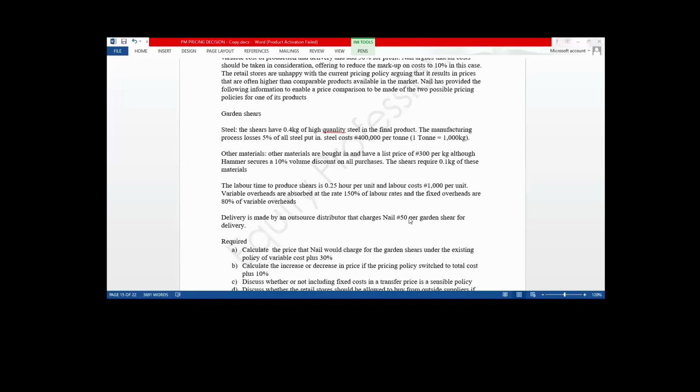Yes, I was saying that here's a company that purchases some of its material from outside vendors and also produces in-house. And from there, they supply to their stores all across the country. But there seems to be this issue about the pricing from in-house production, which the company intends to compare with outsourcing this product from outside.